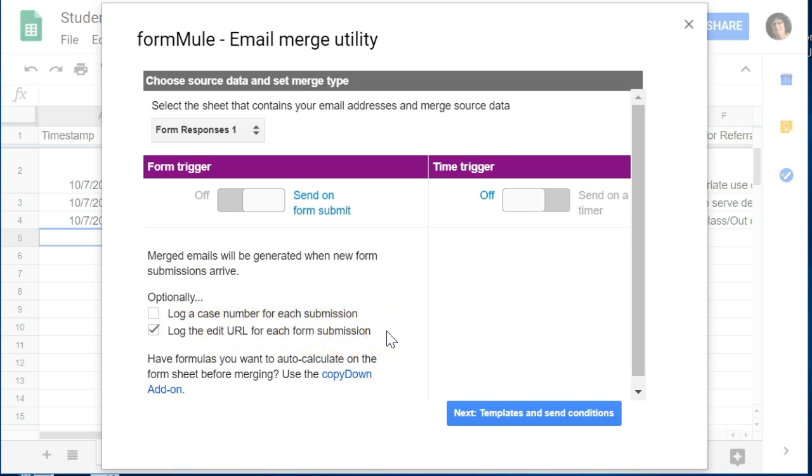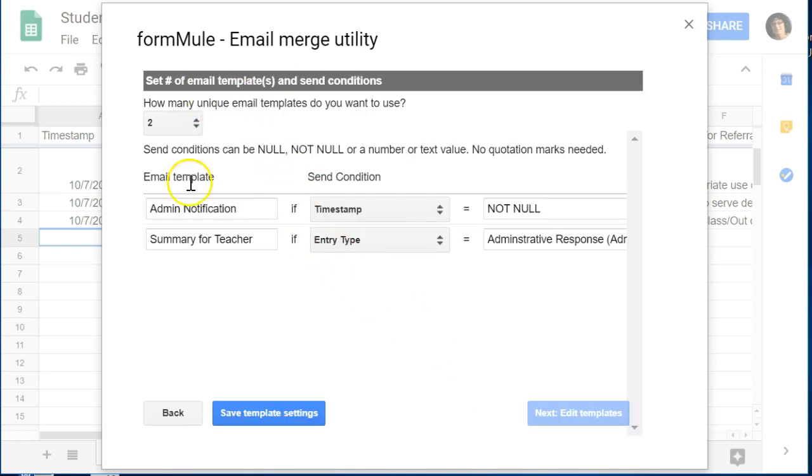The first time you do this, it will throw an error and require you to complete the form the first time with just some sample information so that it will create the first row in the spreadsheet. That's necessary for this edit URL feature to work on the second submission. Again, since I've already done this, I'm going to take a look at the next piece, which is the